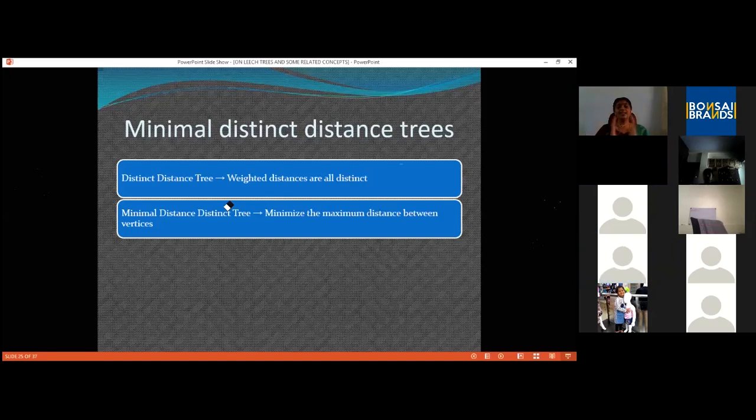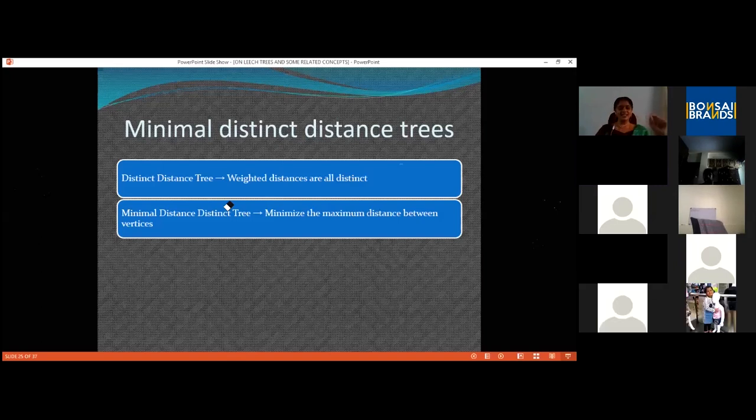If we attain nC2, what we actually get are precisely the Leech trees, right? The path weights are all distinct and the maximum weight is nC2, meaning the path weights are exactly 1, 2, etc., nC2. So a minimal distinct distance tree becomes a Leech tree if that minimum distance is nC2.